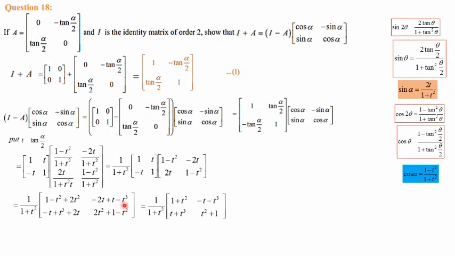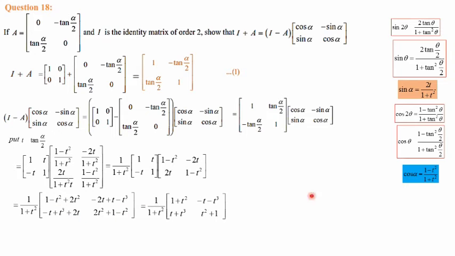So t minus t cube is mentioned. Next, second row, you have to take minus t into 1 minus t square. When you multiply, minus t into 1 is minus t, into minus t square is plus t cube. Then next is 1 into 2t, that is mentioned here, 2t. Next, second row with the second column, minus into minus plus, t into 2t is 2t square. Then 1 into 1 minus t square is 1 minus t square. So calculation is quite simple here.